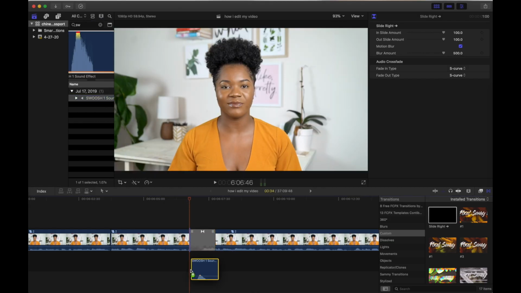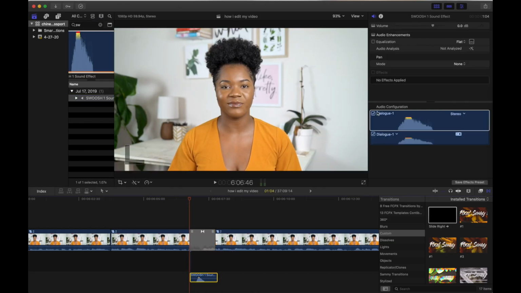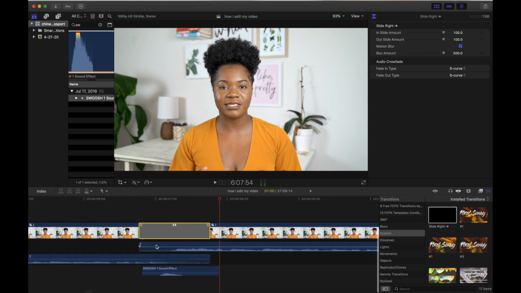Now, when it comes to actually setting up where you're going to put it in your video, if you want it to be during a transition, you're going to want to put it underneath the transition so that you know, okay, is this where I want it to be? And then sometimes you can just move it around, tweak it, see if it fits perfectly. And sometimes the audio may get cut off or it may sound weird, but then you can actually open the timeline to be able to see deeper into what it is that you're doing. So yeah, some of my favorite sounds are the swoosh, the bottle cork, and